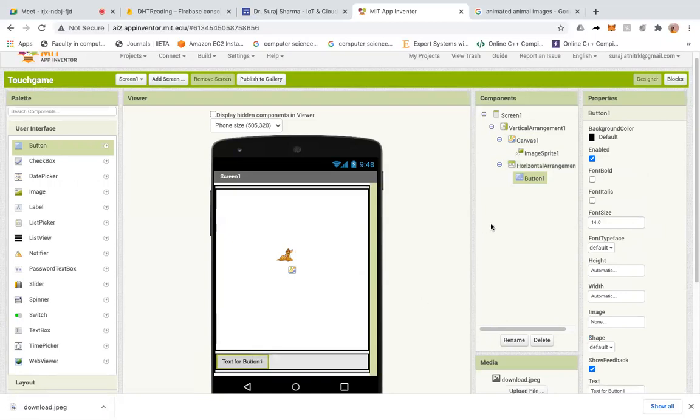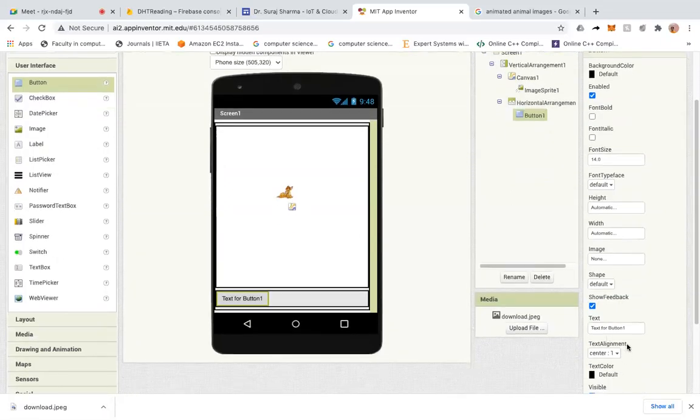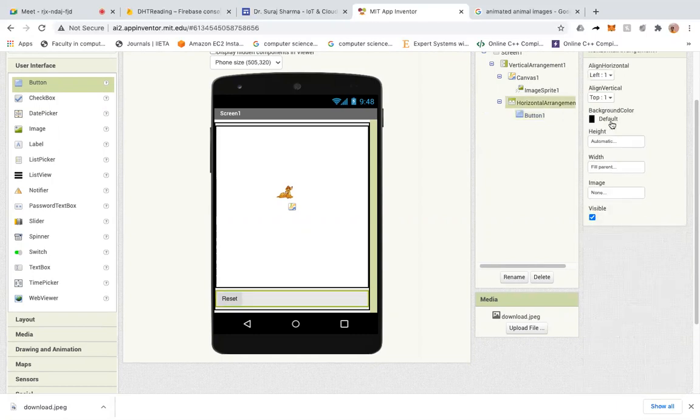This particular button is to reset. I'll write here reset. Let's say I want to reset the score and continue from the beginning. So that's why the reset button is there. And I'll put that particular button in the very center.